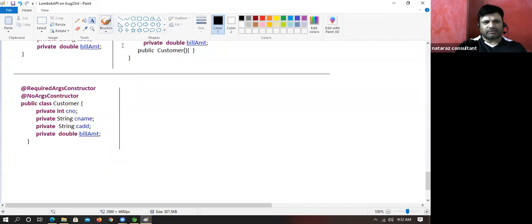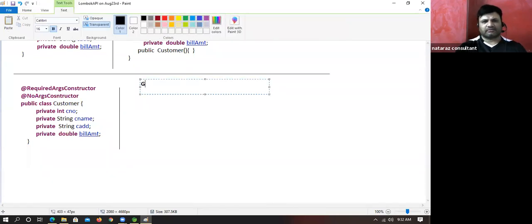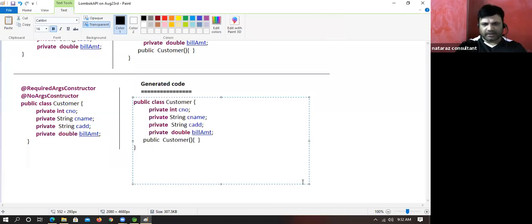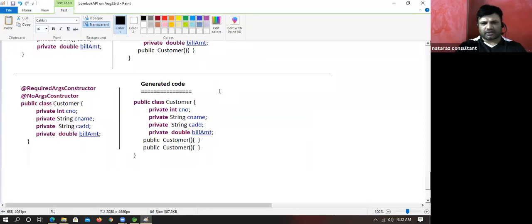I think by this time you got a maturity, right? What is the generated code? Yes, this gives me two duplicate constructors, boss. So error will come.